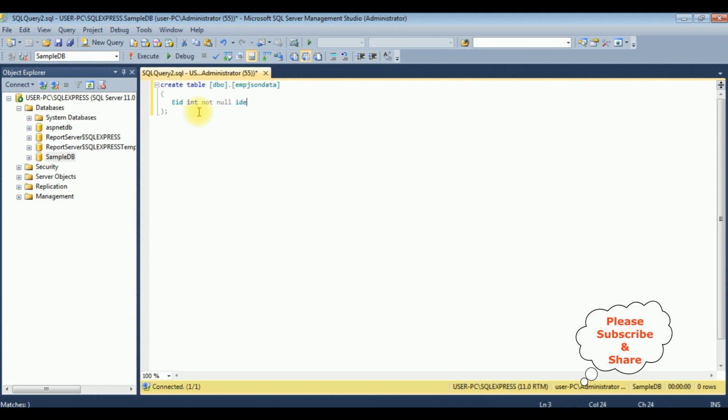I'm adding identity 1,1, and also I'm adding primary key for this column EID,